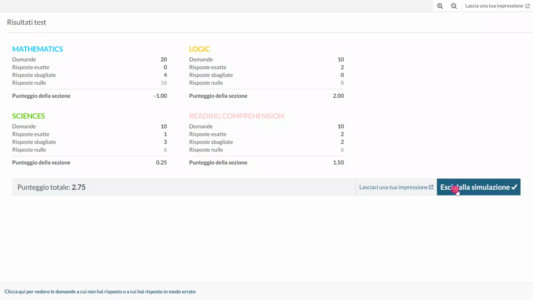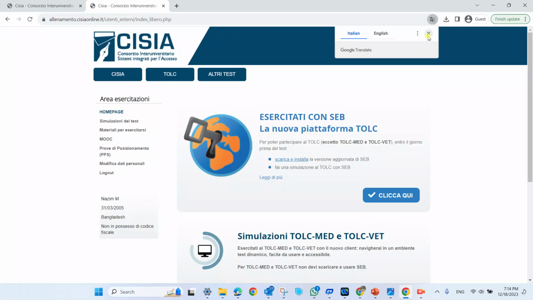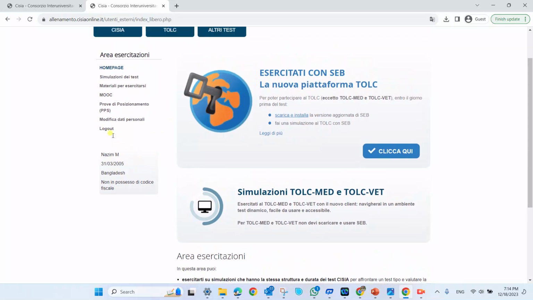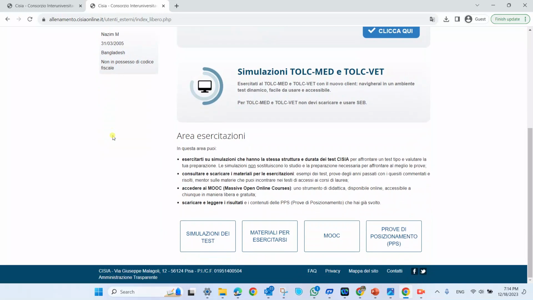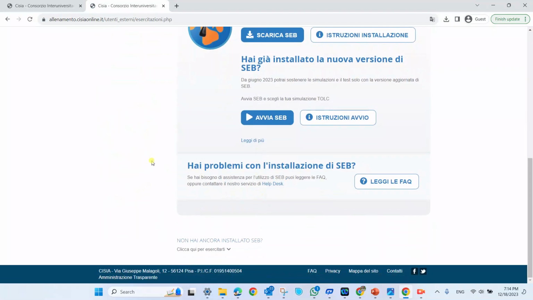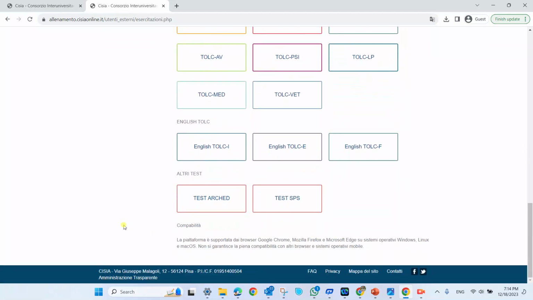If you want to exit, then you have to click here, click again, maybe it takes a little bit of time. Okay, we are done, we are back to our profile page again here. If you want to do a simulation again, just click here and then you can go to the directory again and choose whatever you want. You can go again for it. But remember,